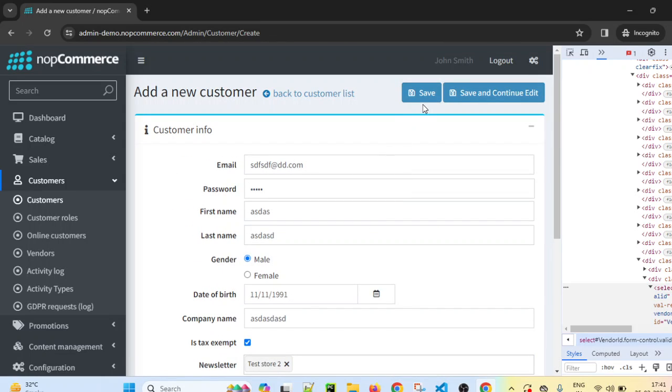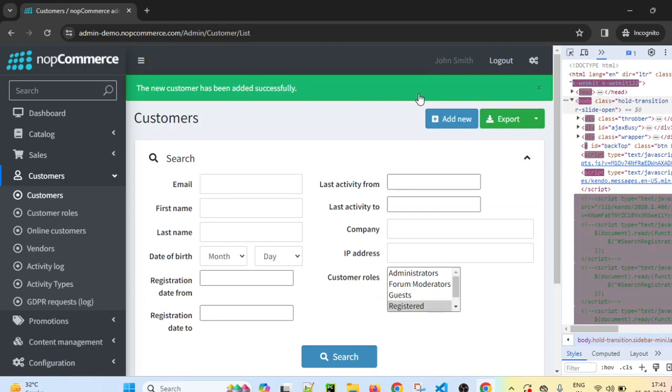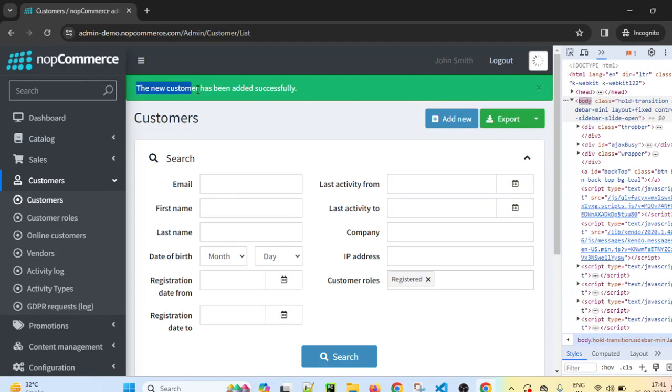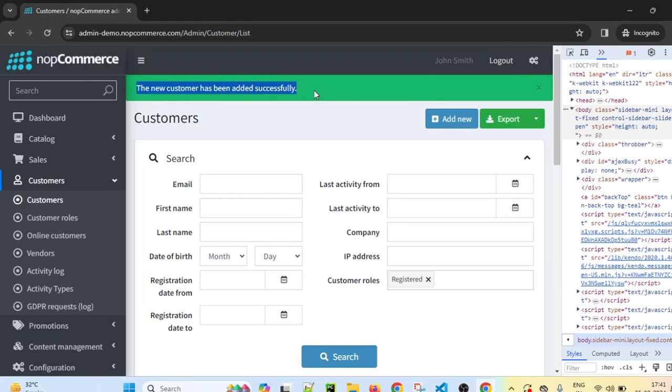So what is the final validation which we are adding? After clicking on save, it will throw one success message: the new customer has been added successfully. If this success message is coming, that means we have successfully added that user. So I'm just capturing this success message.